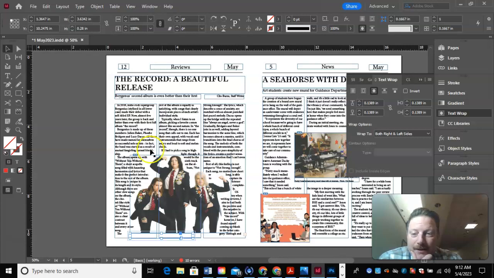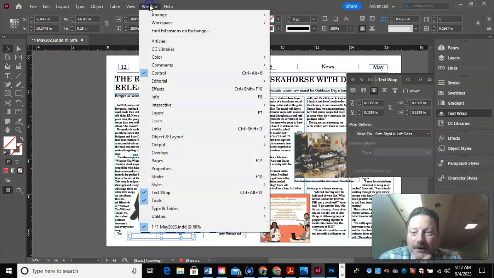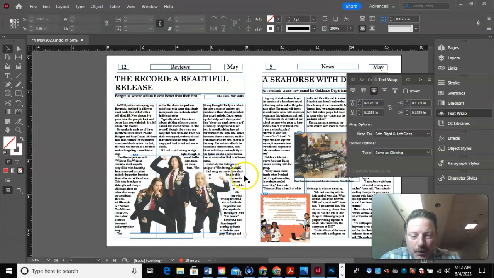Once you have it pasted, we put our box in for the picture, right? We go File and Place. We find the image. Then we go to Windows, and we go to Text Wrap, and then we click on this one with the little circle, and we wrap it on the contour type, detect edges. If it doesn't work, go back and forth between those, and then we just adjust by clicking Control Alt and dragging the whole box back and forth, and that is how